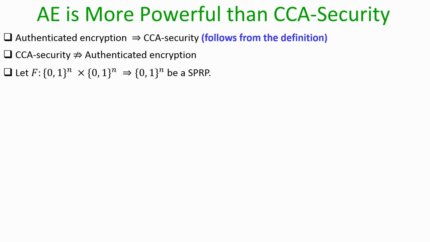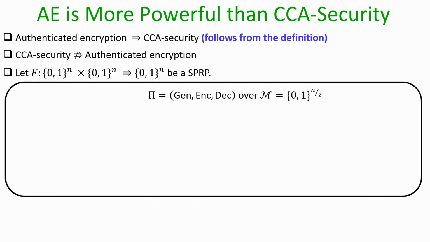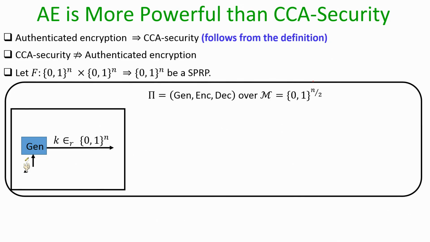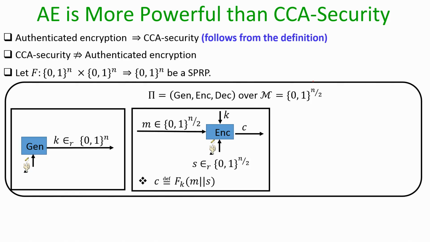So, the construction is as follows. Imagine we are given a keyed strong pseudo-random permutation, and for simplicity I am assuming that the key size, block size and output size are all little n bits, where n is the security parameter, and we are going to construct an encryption process for encrypting messages of n by 2 bits. So, the key generation algorithm for this encryption process outputs a key for our strong pseudo-random permutation uniformly randomly, which will be shared between the sender and the receiver by some magical mechanism. And if the sender now wants to encrypt a message little m of size n by 2 bits, what it does is